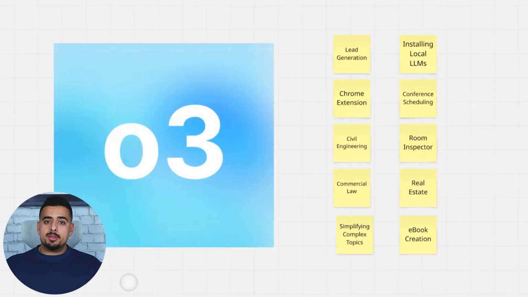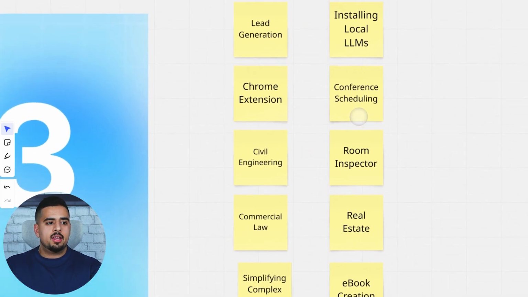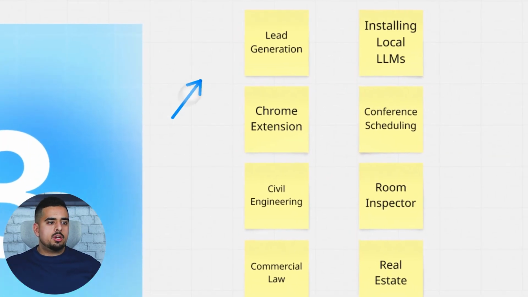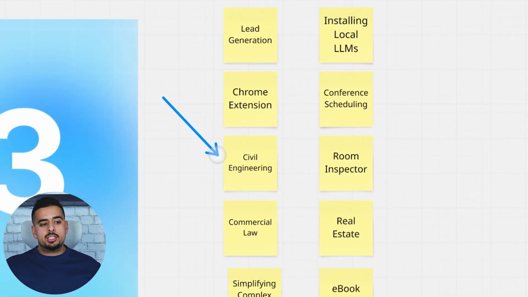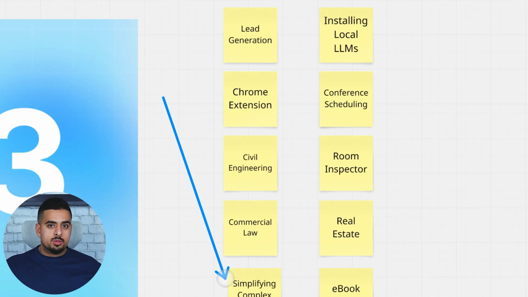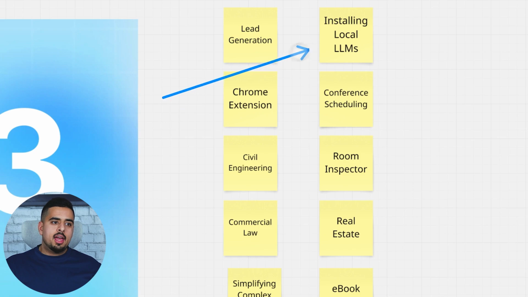All right, so like I promised, we're gonna go through 10 different examples when it comes to using O3, and we'll go through specifically lead generation, creating a Chrome extension, looking at a civil engineering use case, commercial law, simplifying some complex topics with image generation, but not just one image at a time, multiple, how to use it to help you install a local LLM like Ollama, how you can maximize conference scheduling, use it as a